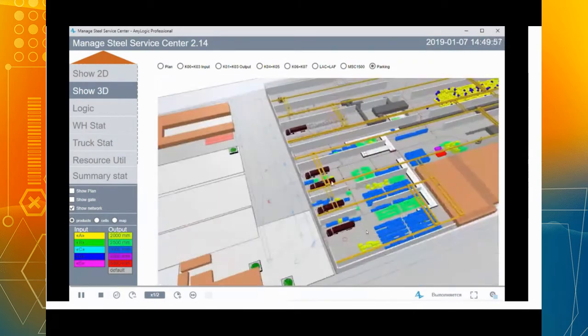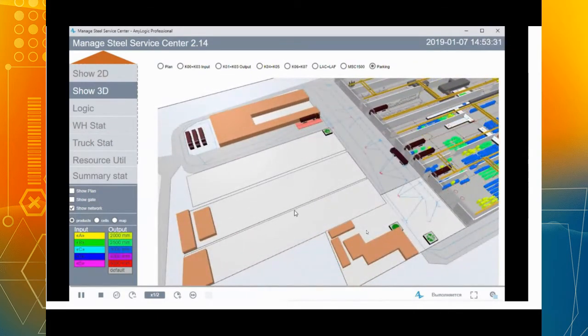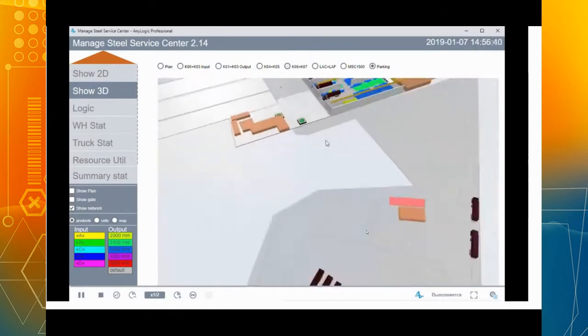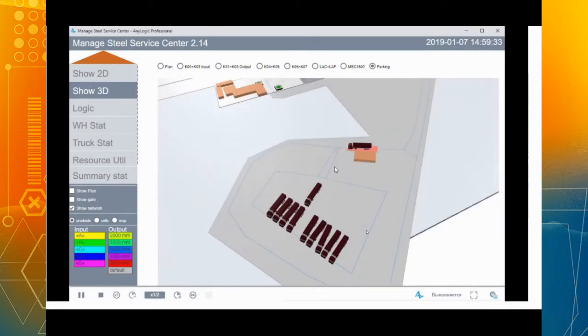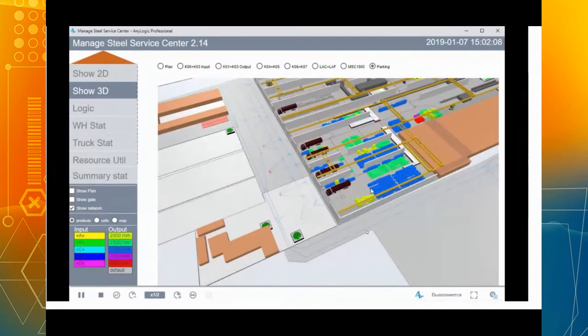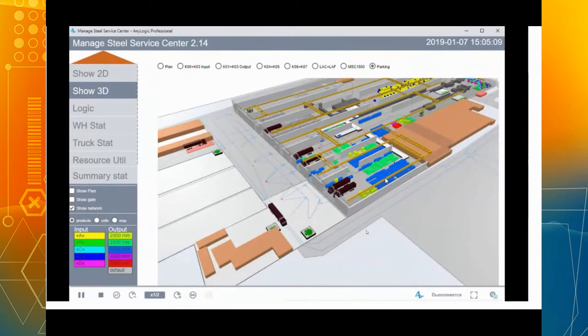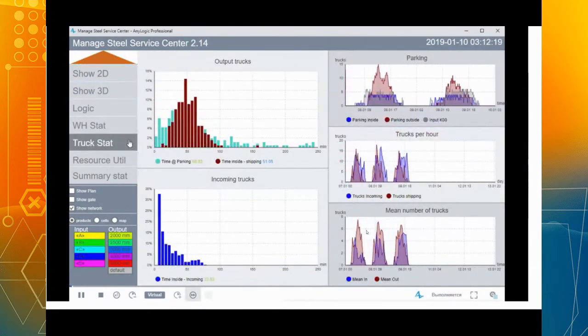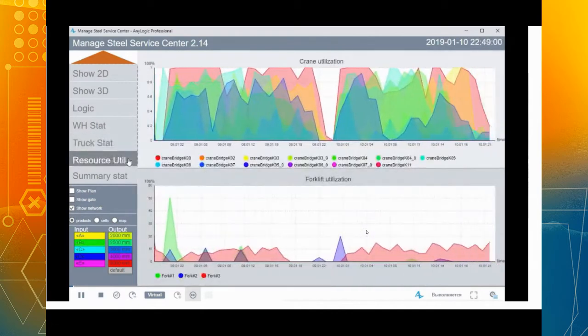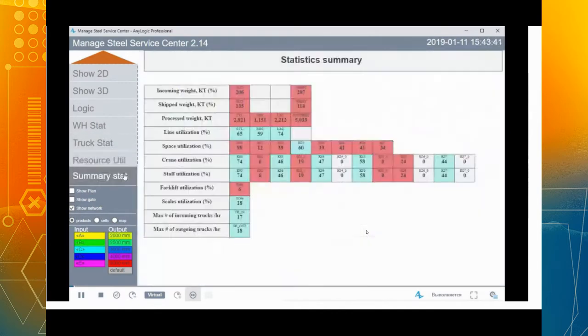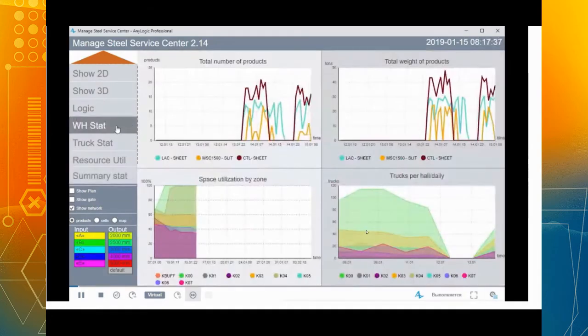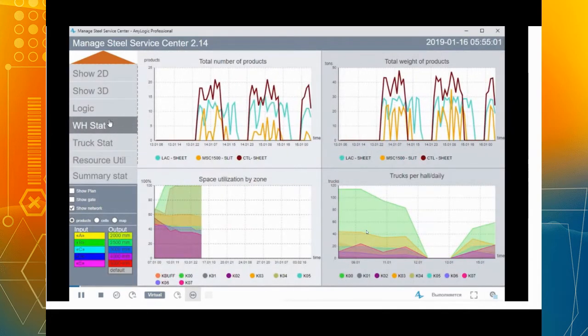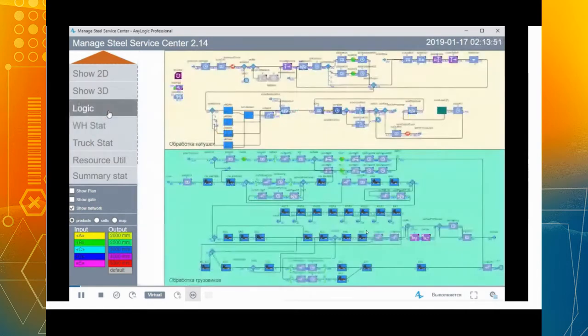And I would say that 3D models were of great help because they allow us to find some possible errors or discrepancies in programming that are not visible on the 2D map. That's some examples of what the model output data can be, different plots that the user can use to understand.